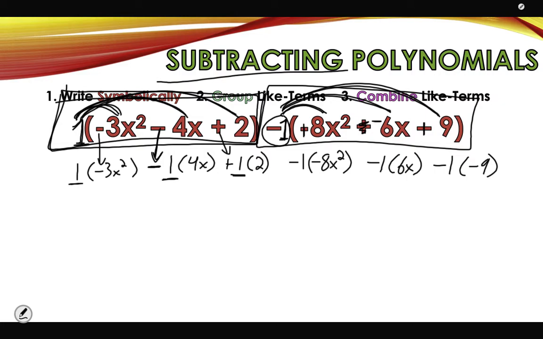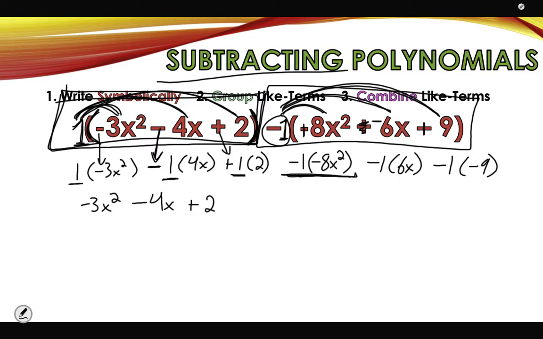If I multiply this all through, 1 times -3x squared is -3x squared. -1 times 4x is -4x. And +1 times 2 is +2. So everything I've written so far was exactly the same as what was just inside of these brackets. But now, when I go to do the rest of this multiplication,